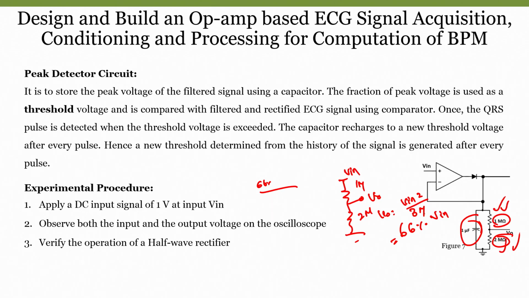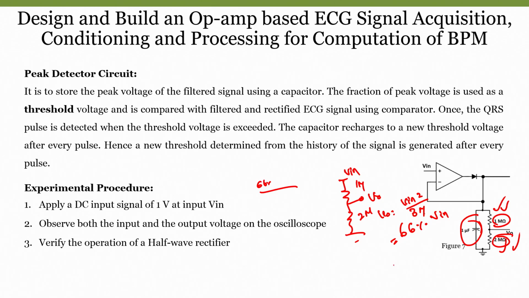The reason is that the resistors should not create any loading of our input signal. When we choose a lower resistance value, the resistance requires some current to operate, right. So, because of that it creates a loading on our input signal. In order not to have any effect on our input signal, if I take a very high input resistance, it will not load the input signal. So, rather than going with 1 kilo or 100 ohms, if I go with mega ohms, the loading effect will be minimal. So, that is why we are using 1 mega and 2 mega.